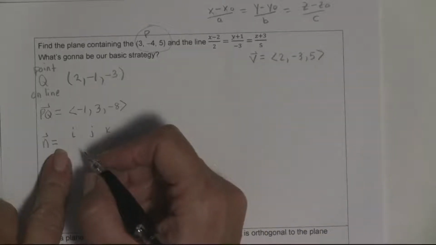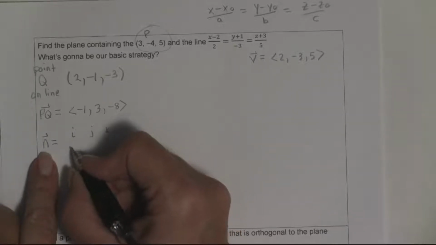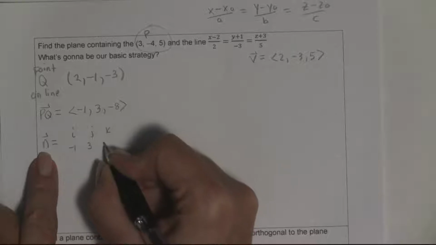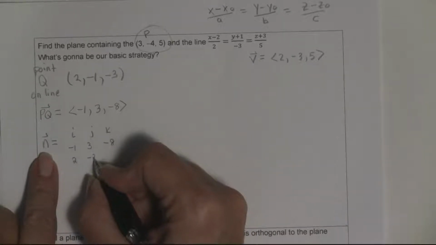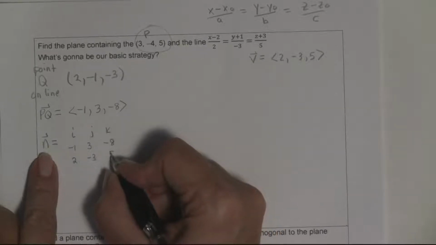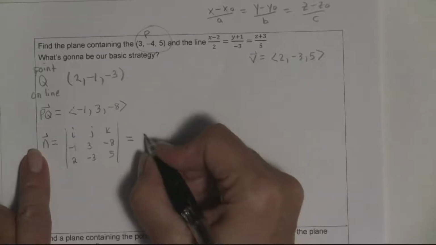And so is that what I did when I did it before? Did I put V on top? That way I'll be able to check my math. I actually put PQ on top, but it does not matter. And so I'm going to just follow what I did before so that I can have a way of not making an arithmetic mistake. And I'm going to try this time writing this in vector form,